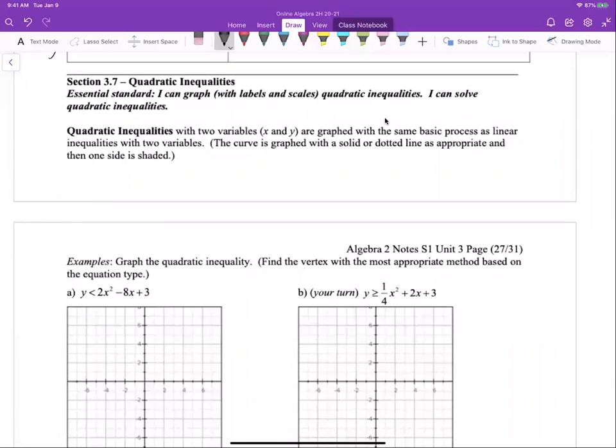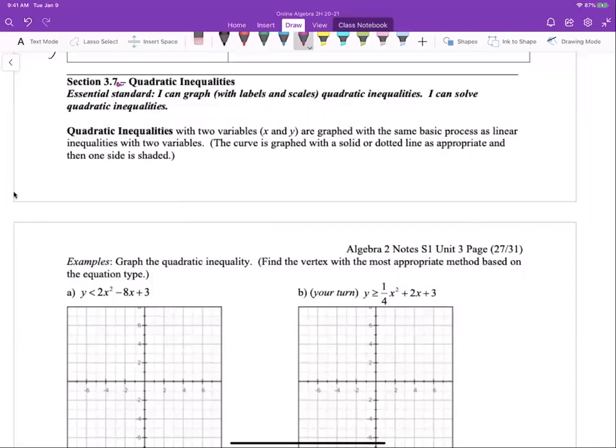All right, this is lecture 3.7a, because we're going to break this up into two lectures. 3.7a, quadratic inequalities. So the essential standard is: I can graph with labels and scales quadratic inequalities, and I can solve these quadratic